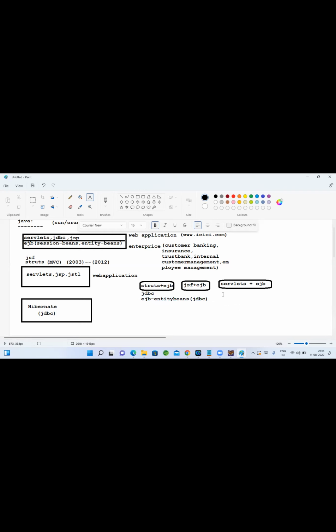So this EJB entity beans concept we used across for doing database operations while using the web component, Struts with EJB or servlets with EJB. These EJB entity beans are built on top of JDBC only. For doing CRUD operations, we used to use this. This is like Hibernate only, entity beans. So whoever is the entity bean developer,